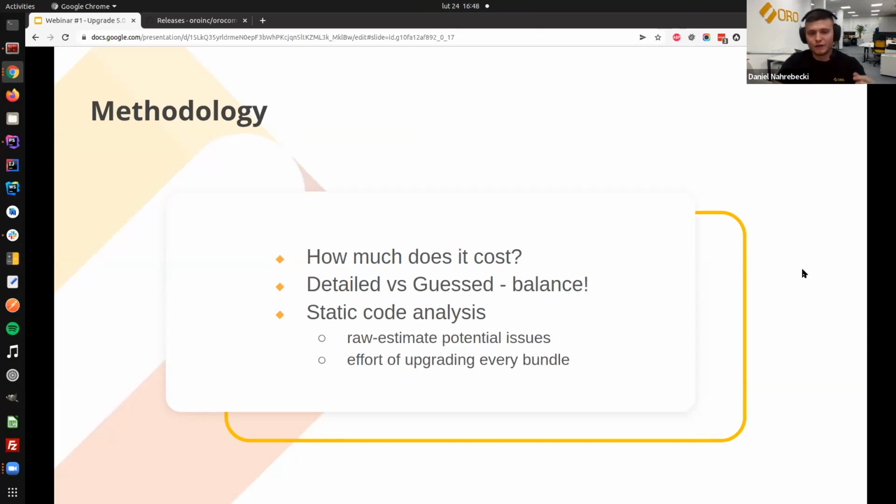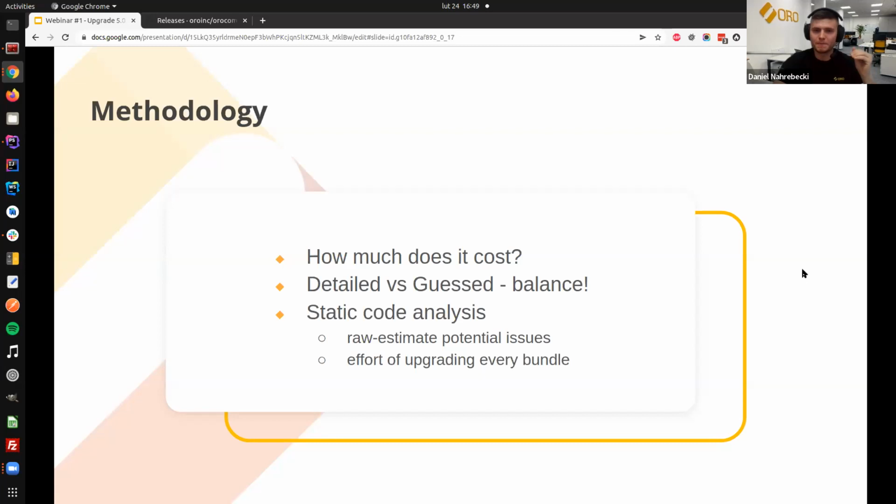So the idea here is to first raw estimate potential issues. So for instance, in one of the versions we changed Require.js to Webpack. In the current version, we also have a lot of the changes that Andrew described. Or some other things that could be potential issues, like controllers as a service, or an old version of PHP. Maybe you have some refactored bundle in Oro, so you changed the way the Oro bundle or the core functionality works. So you know that, and those might be potential issues, the pain points that you raw estimate first,